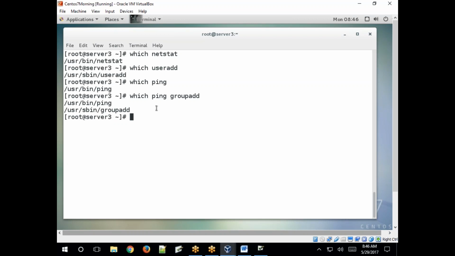Located under sbin. What is the difference between sbin and bin? Inside bin, the executable files can be executed by both administrators and normal users. Inside sbin, the executable binary files can only be run by the administrator. You can easily identify that. So useradd is also in sbin, secure bin, and only the administrator can run that command. Clear?